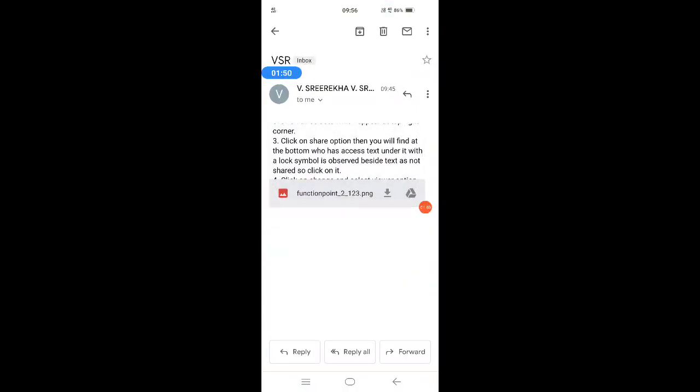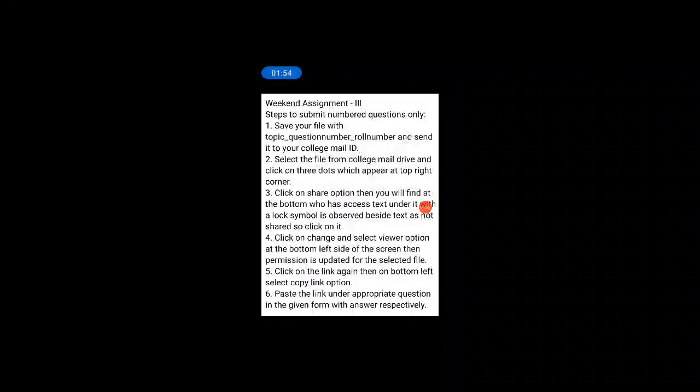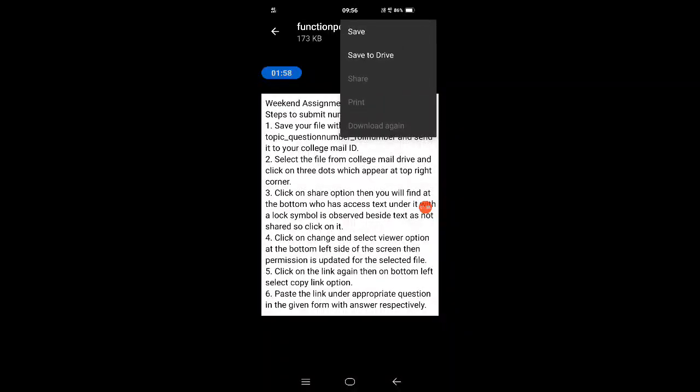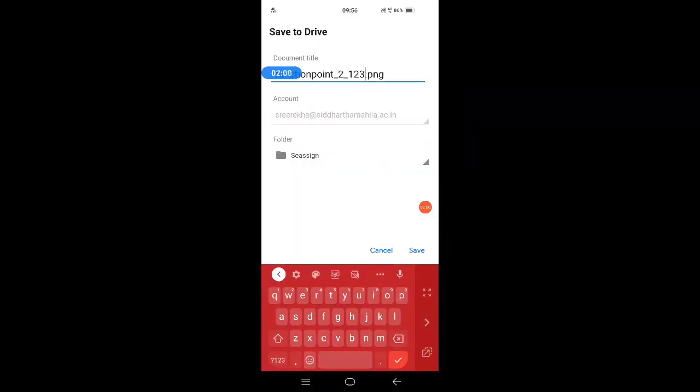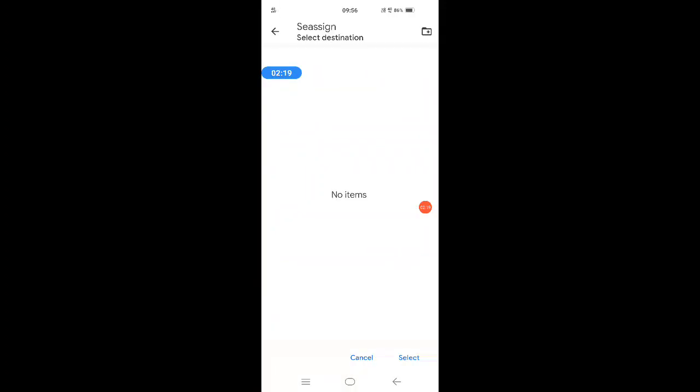In my Gmail I will check for it, open that file, and save it to the drive with the document title as the file name. My account is the college mail ID, and I have considered the folder SC assign. In order to create the folder, I will tell you the steps, just watch.